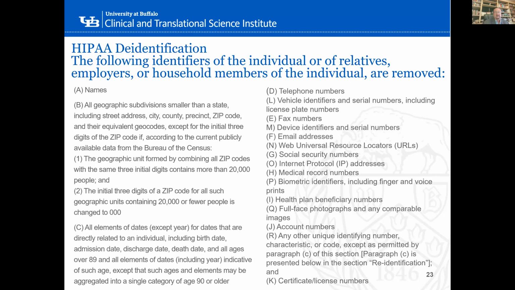Now, when you've already de-identified it, you can put back a research ID that connects the people, and we'll talk about how we do this in a second. A limited data set most commonly is where you retain zip codes and you retain dates, because it's really hard to do research without those things. And those still are considered HIPAA data, even though they have none of the other identifiers, and need to be treated with the same kind of cautions that you would treat people's social security numbers.